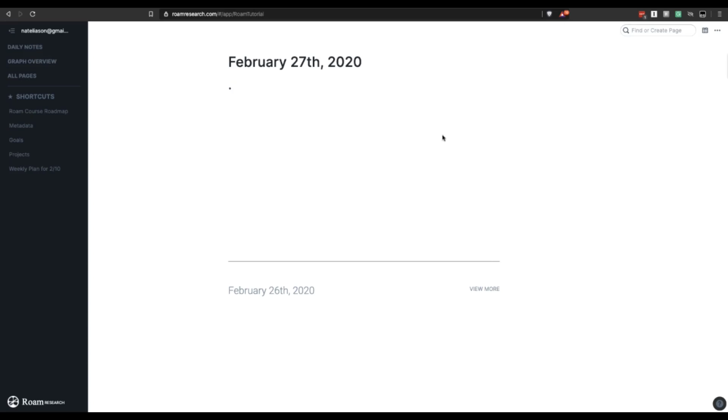On the surface, Roam might not seem like the intuitive best solution for creating a personal CRM. CRM being contact relationship management or contact relationship manager. It can also be customer relationship manager. But in this case, we're talking about creating a personal CRM, a really easy, lightweight way to stay up to